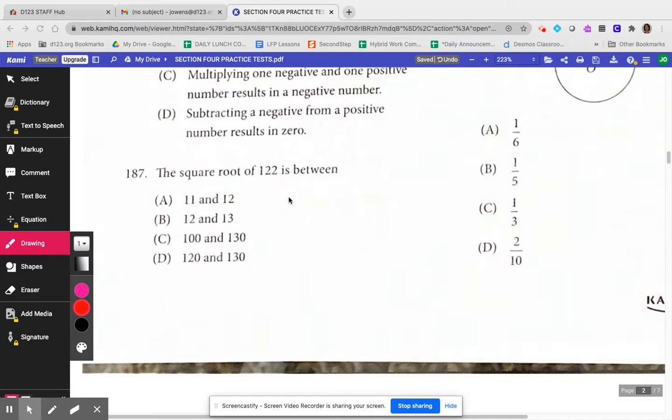Beginning with number 187, it's asking what the square root of 122 is between. So here you have to know a little bit about perfect squares. So some perfect squares, for instance, if I look at